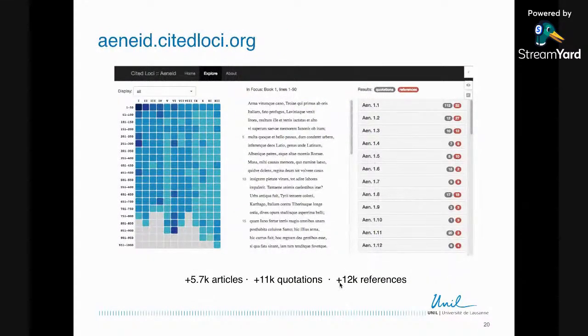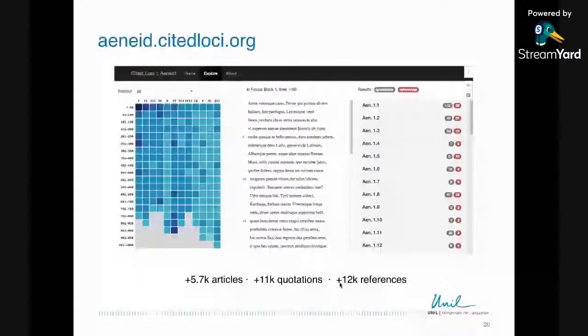And then I thought, how can I show the usefulness of having extracted all these citations from Jstor for the actual classical scholar? So I developed this small prototype, called Cited Loci N8, which is essentially an interface taking only the N8 as a use case, but showing how this citation data can be used to bring a rich information retrieval experience to the user.